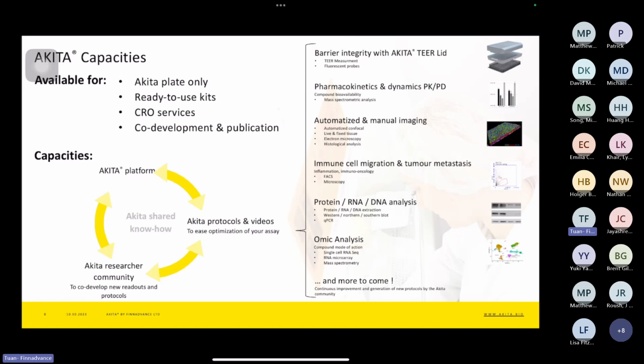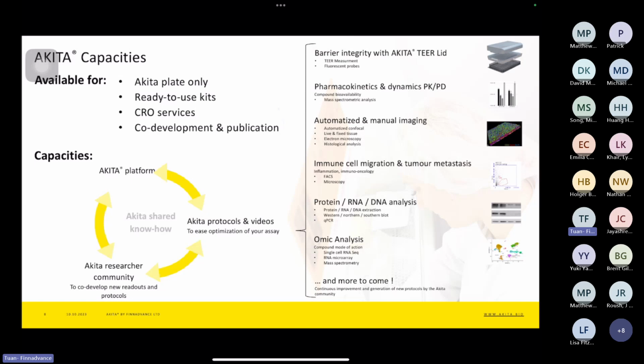Now we are offering the Akita plate itself, like I just showed you, or also a ready-to-use kit where you have the plates, the cells of interest, and different reagent coating solutions to make sure you can have good results based on your research. We are also doing some CRO services in-house. We provide the model, the platform, and then test the compounds of interest for you. And we are also very open to co-development, publication, and brief summaries of our assays that we are performing in-house or with collaborations,